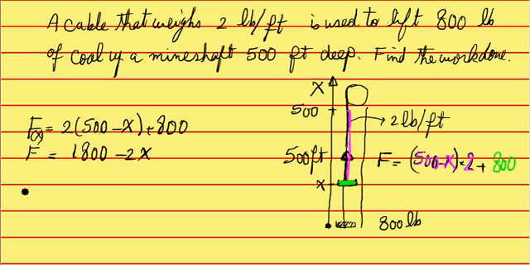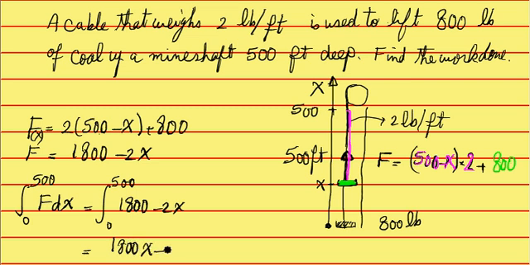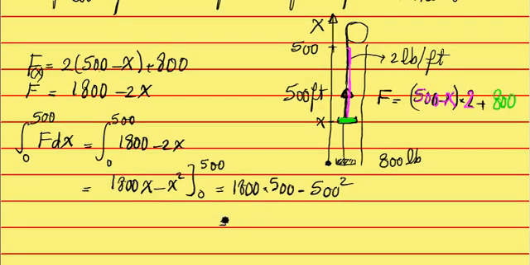That's the force. Now the integral of force dx, from the bottom where x is 0 to the top where x is 500, is the integral from 0 to 500 of 1800 minus 2x. The antiderivative is 1800x minus x squared. Plug 0 and 500 into it. Plugging in 500, I have 1800 times 500 minus 500 squared. That is 90 followed by 4 zeros,